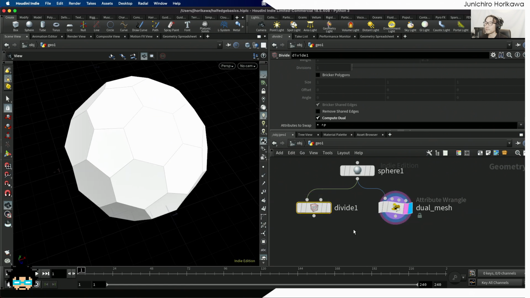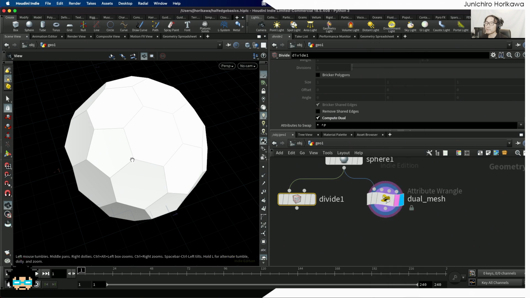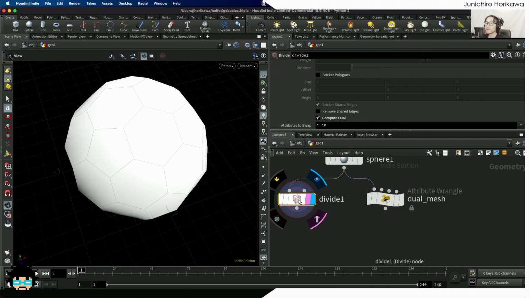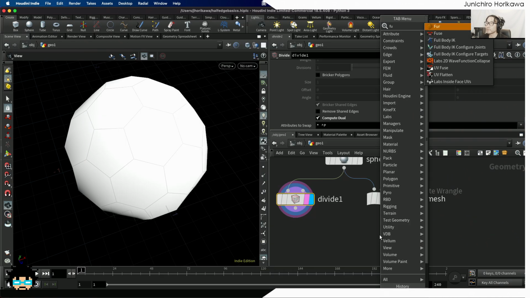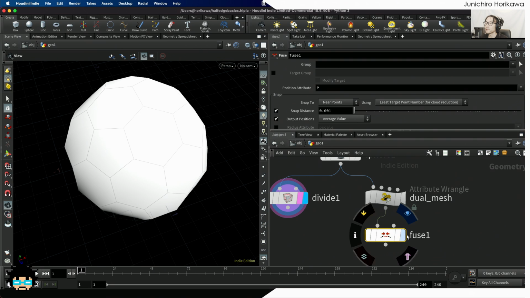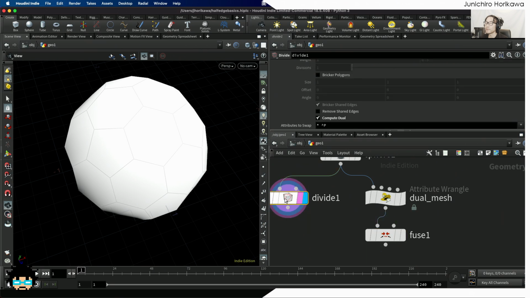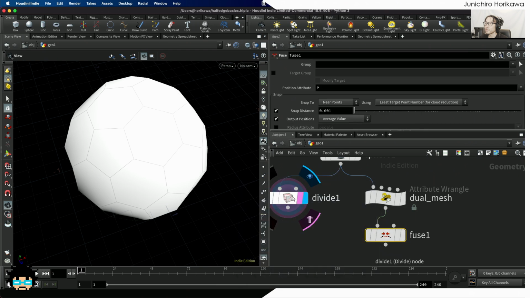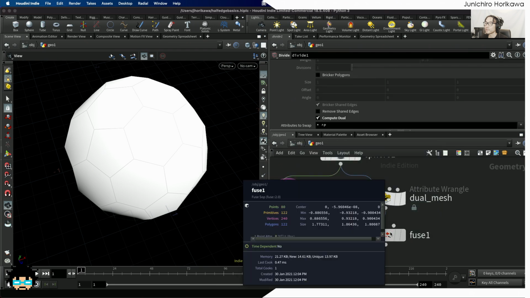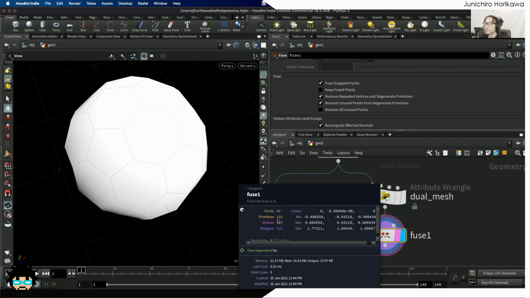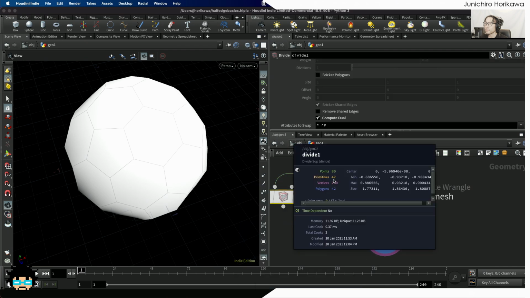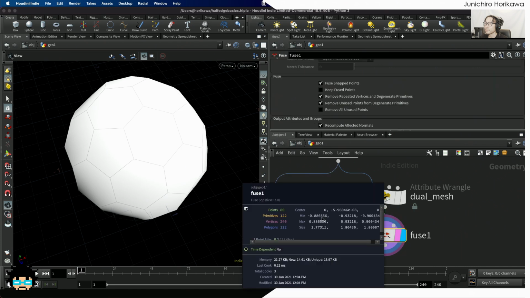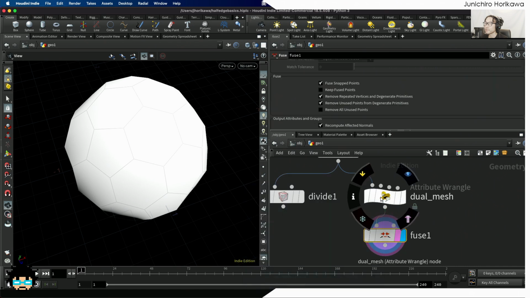like this. Now, all the points currently are disconnected, so if you want to retrieve exactly the same thing as this one, you also need to use fuse to merge all connected points. And now you'll be able to have exactly the same geometry. So 80 points in total for this one, and 80 points total for this one. Now seems like we have a bunch of unused primitives here for this one. For this one it only says 42, but for this primitive we have like 122 primitives, which is because we